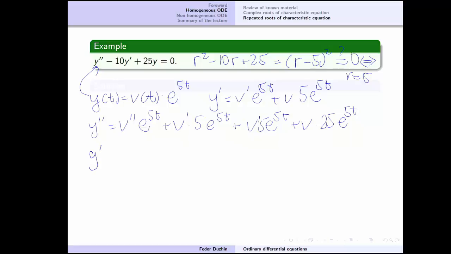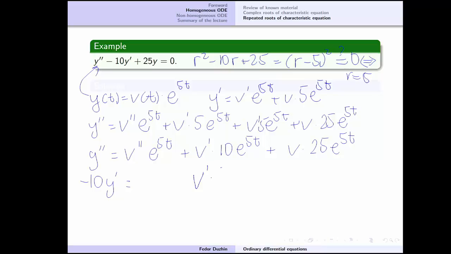So y double prime is going to be v double prime times e to the 5t plus 5 times 2, so I will write v prime times 10 e to the 5t, and then plus v times 25 e to the 5t. So then minus 10y prime is going to be